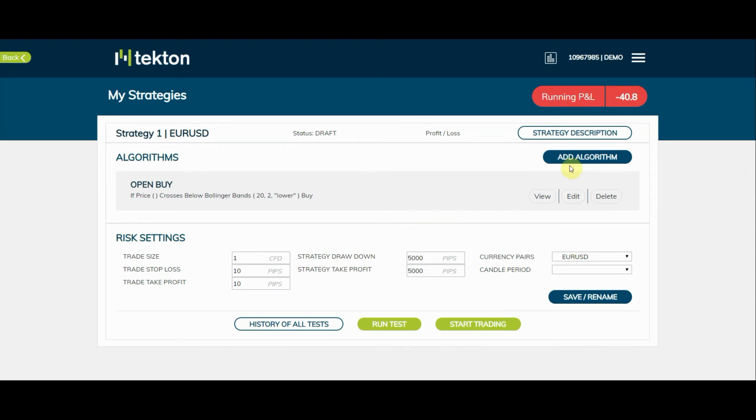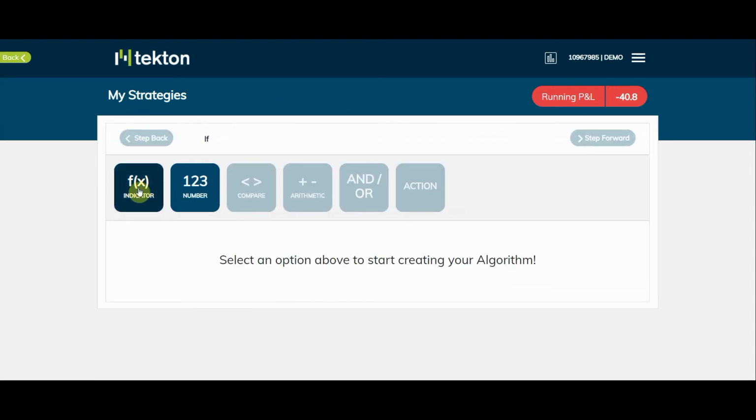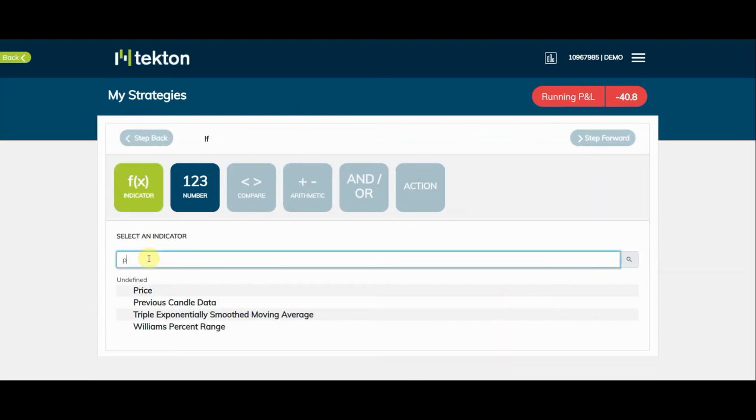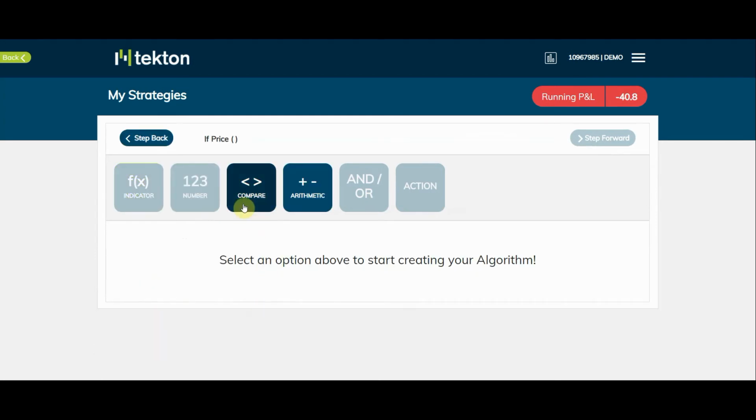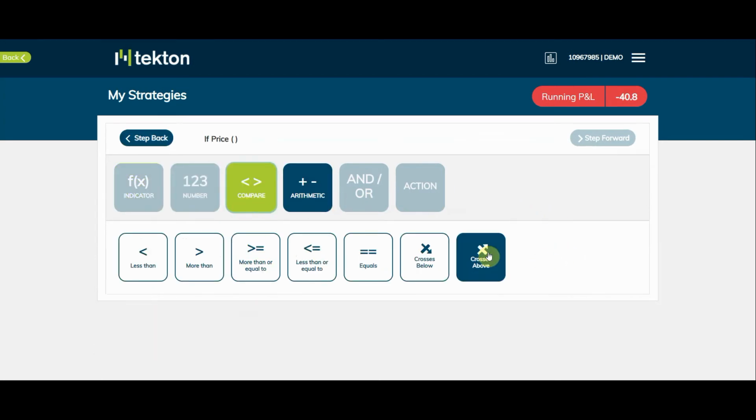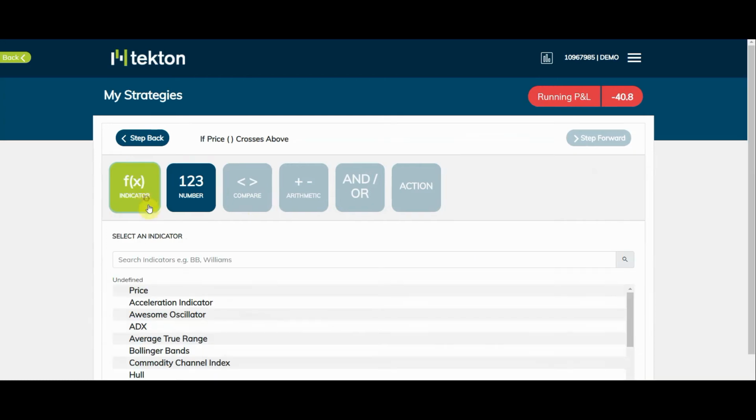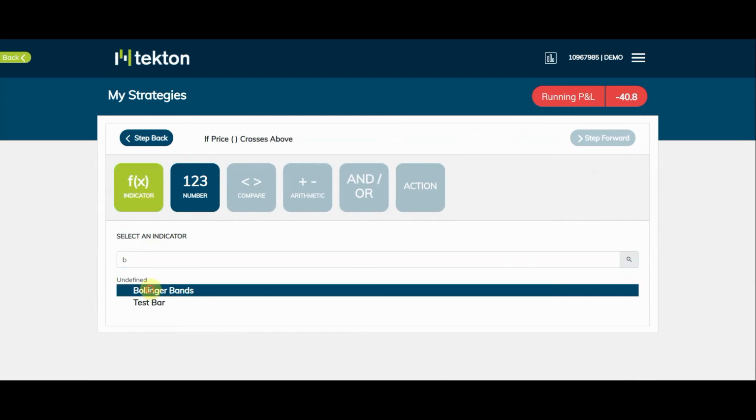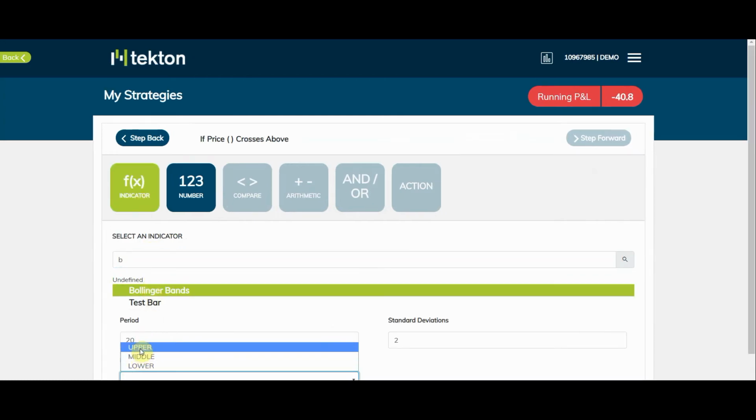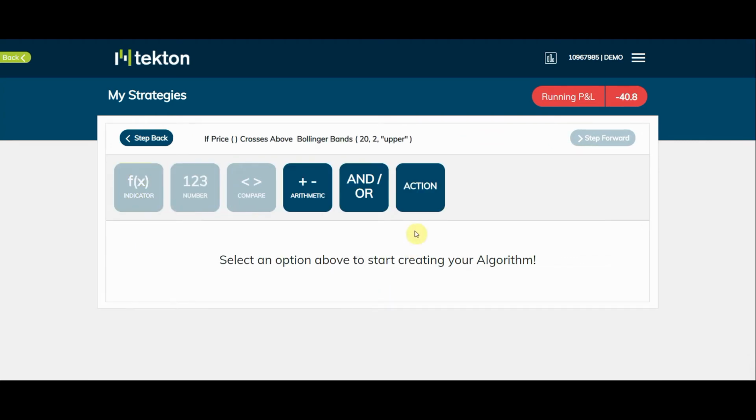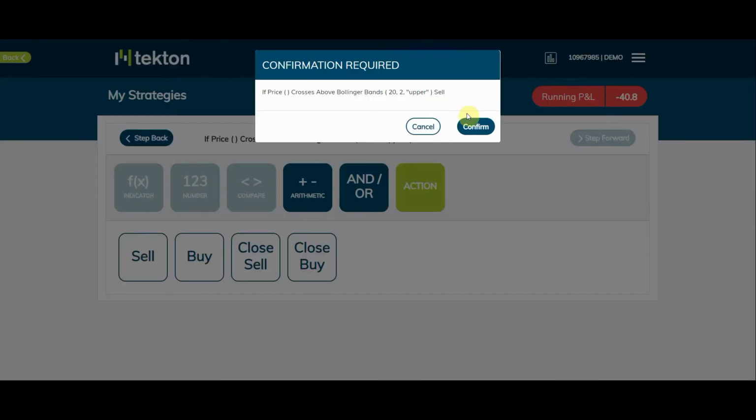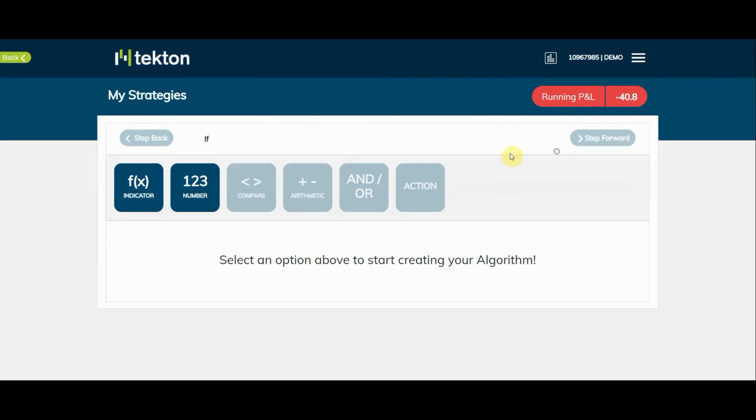To do the opposite here, we click if price crosses above the upper band, the action would be to sell. So we can use the